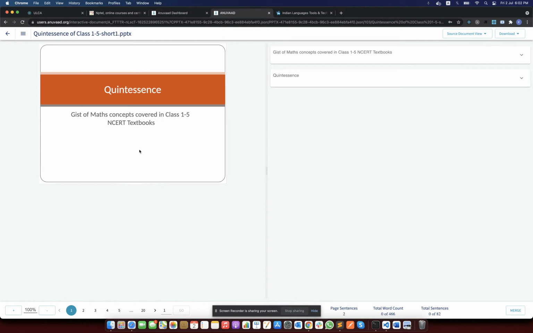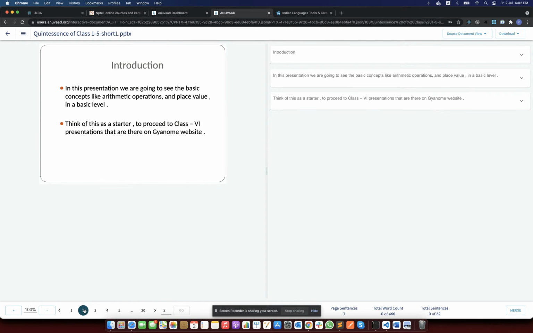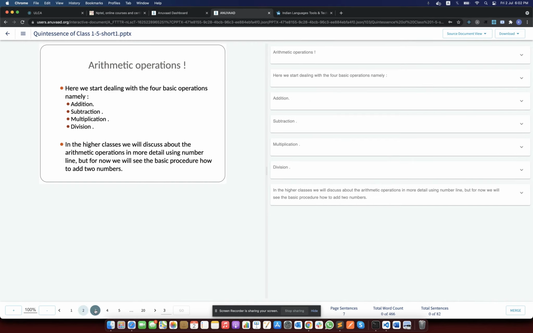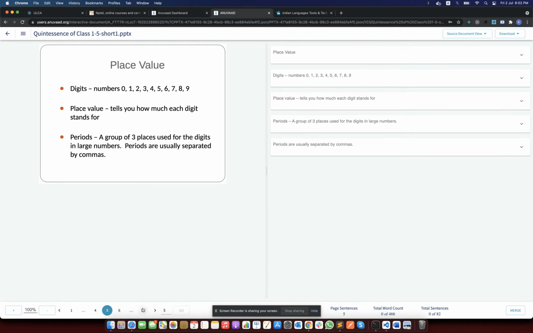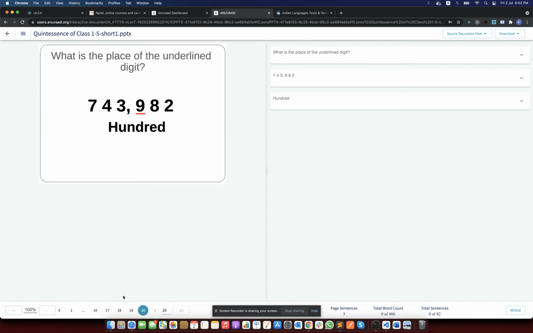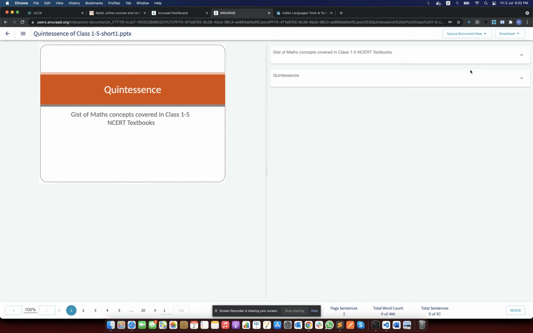Now you can see your presentation, the PowerPoint presentation that you uploaded for translation. You can always navigate by pressing on the buttons that you can see on the bottom. The right side shows how many sentences are present on the given slide.